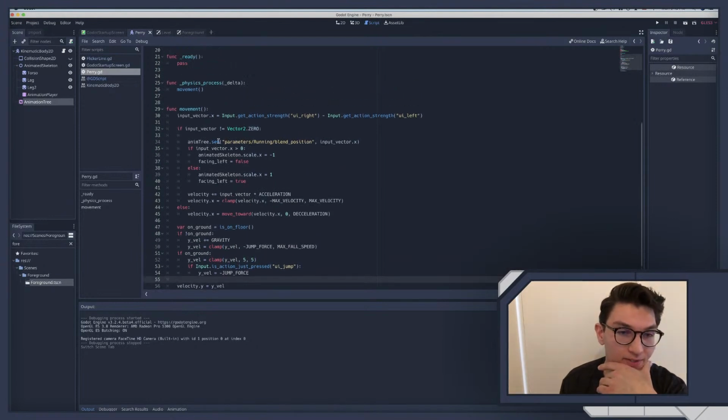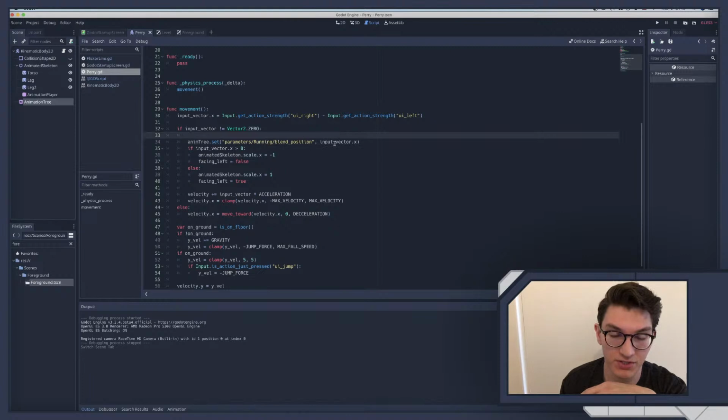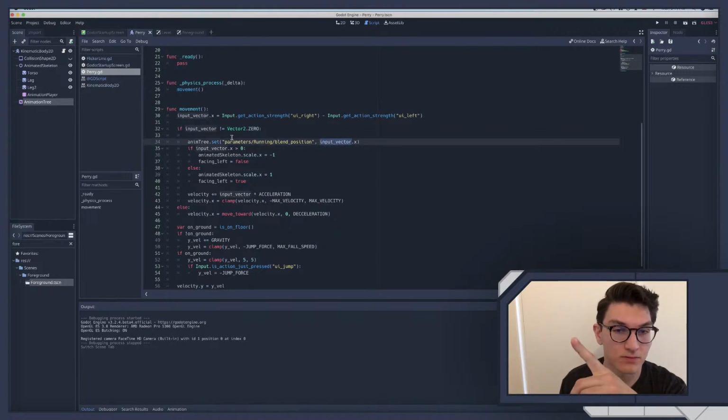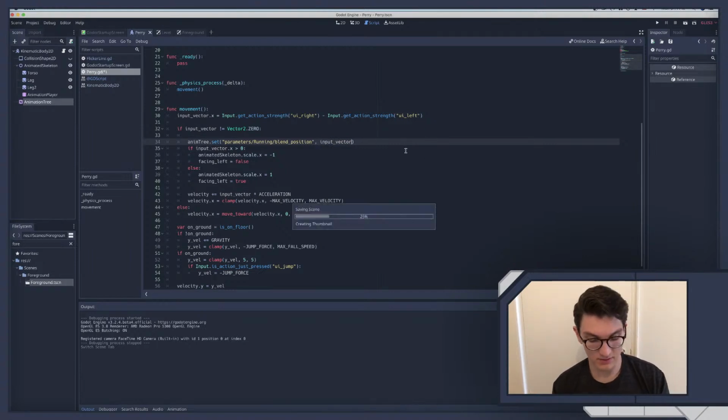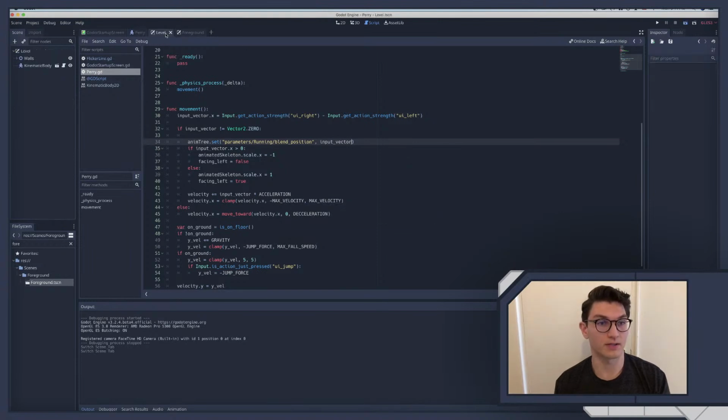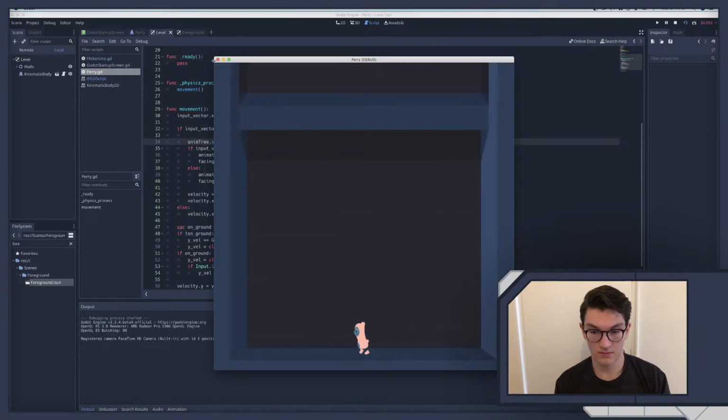So we are animation tree set parameters running blend position input vector dot x. Okay. That's why. Let's do this. I'm surprised we haven't gotten a warning or anything about that. But okay, so it's working. But the problem with this is that